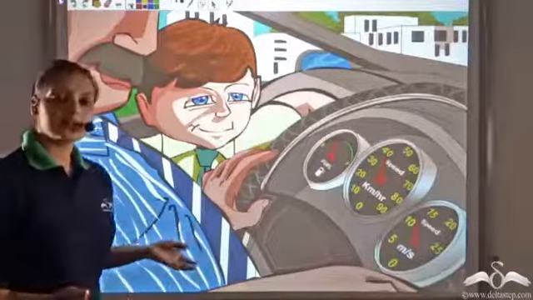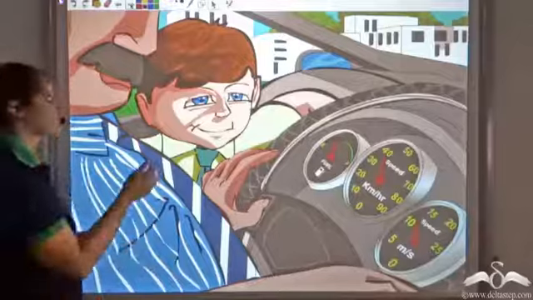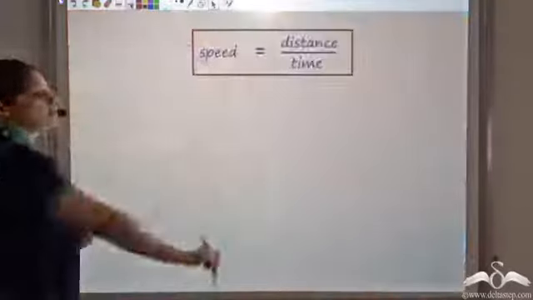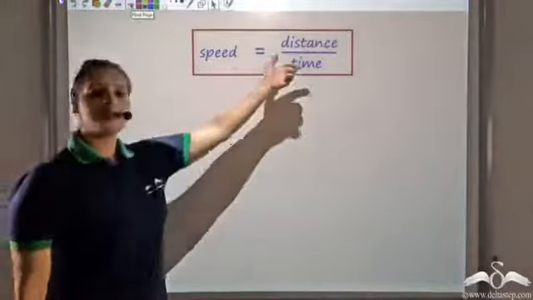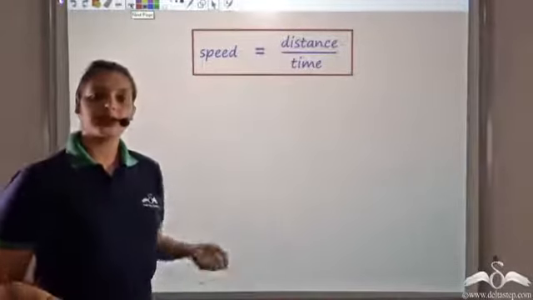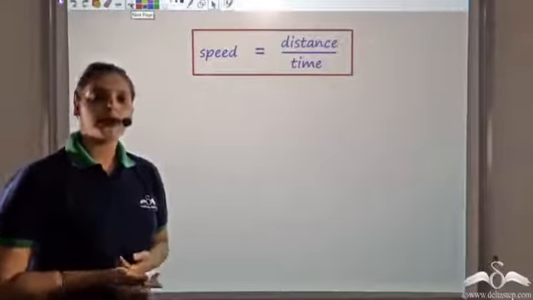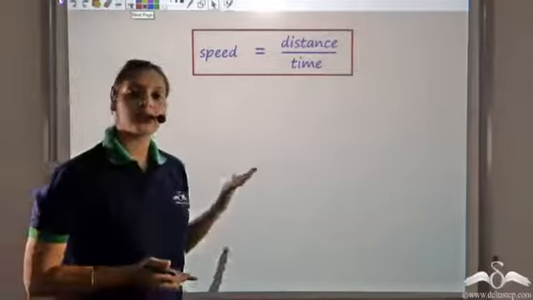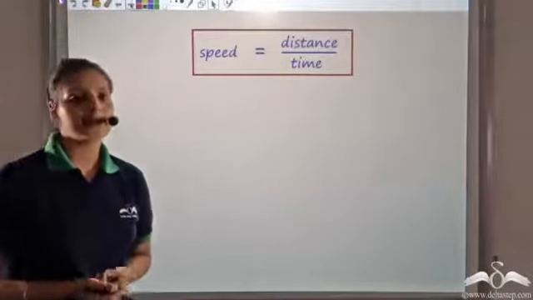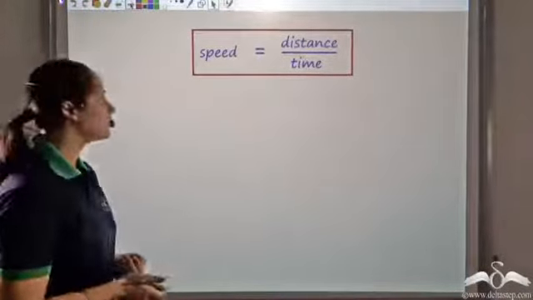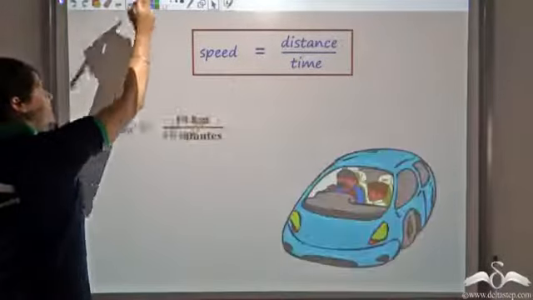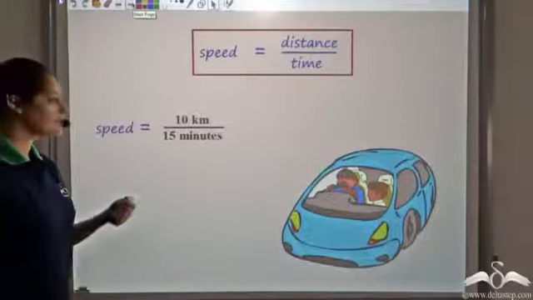Now Rohit thinks that even he can find the speed of the car because he had studied that speed is distance by time. He knew the distance from his home to school. He also knew the time it takes to cover that distance. So he thought he can easily find the speed of the car. So what he does is he finds the speed of the car applying this.